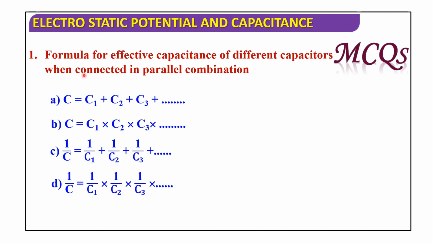So, the formula for effective capacitance of different capacitors when connected in parallel combination is C is equal to C1 plus C2 plus C3 and so on. Okay, first option is correct. Next,